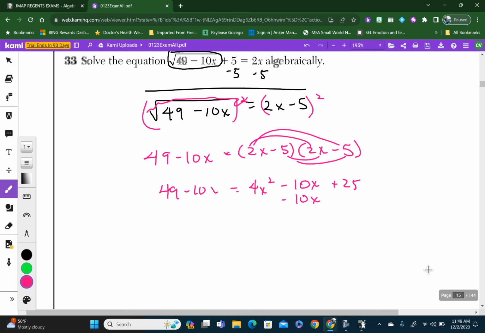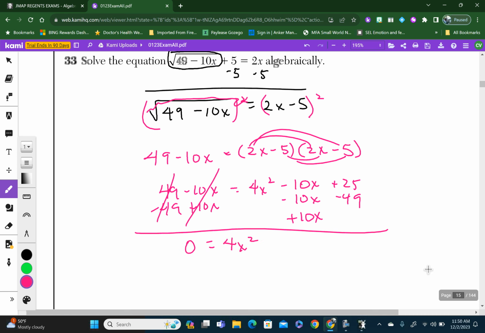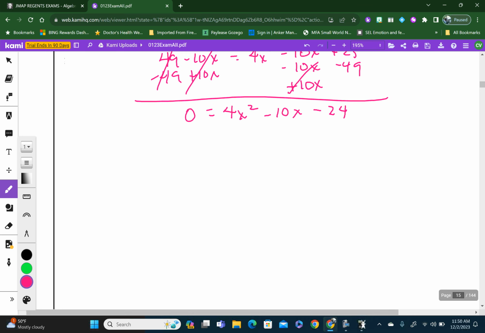Move everything over to one side. So minus 49 cancels, add 10x, this cancels out. So now we have 0 is equal to 4x squared. The negative 10x, positive 10x can cancel each other out, but I have negative 10x. And then I have minus 24. So I notice right away that 4 goes into all of them. So I can divide everything by 4. So I have 0 is equal to 4x squared divided by 4 is x squared. And then I have,